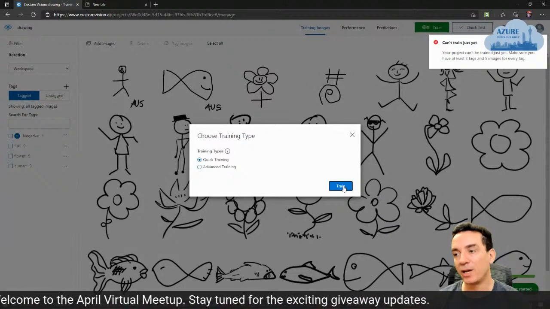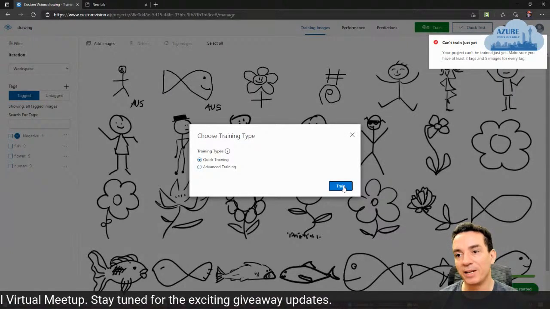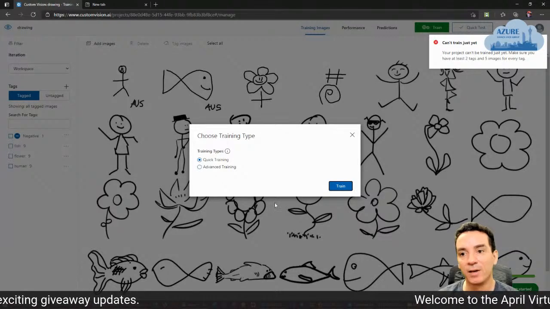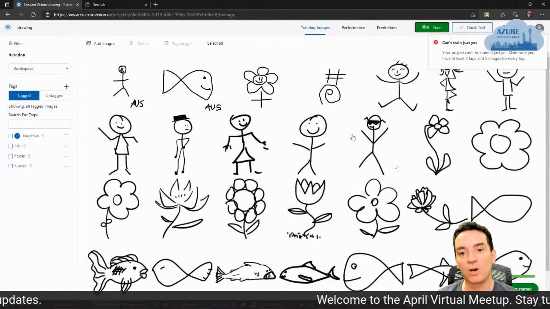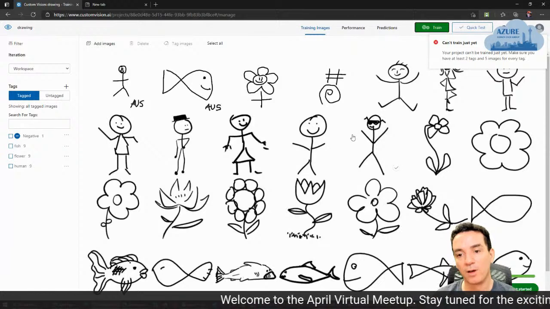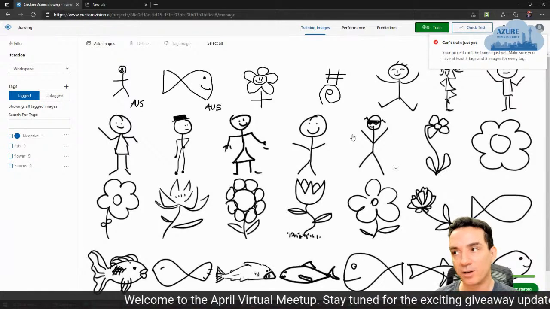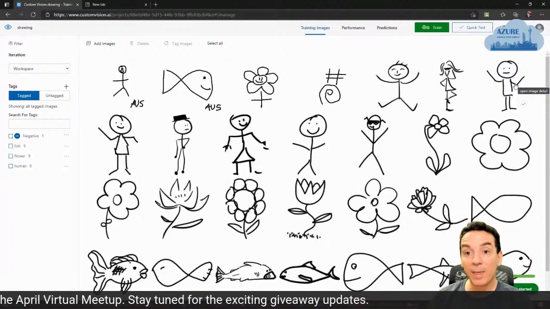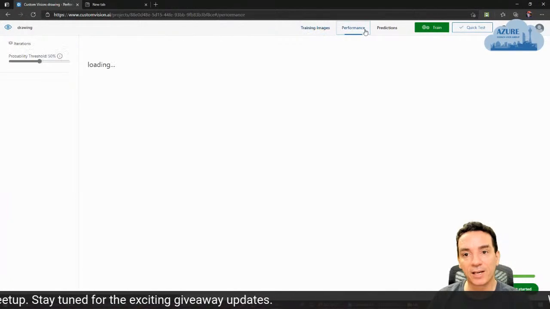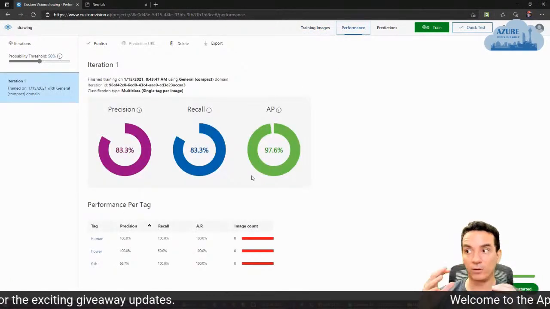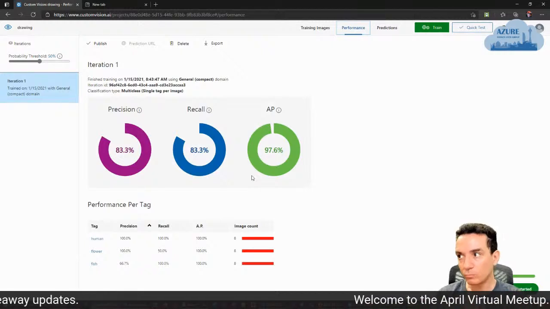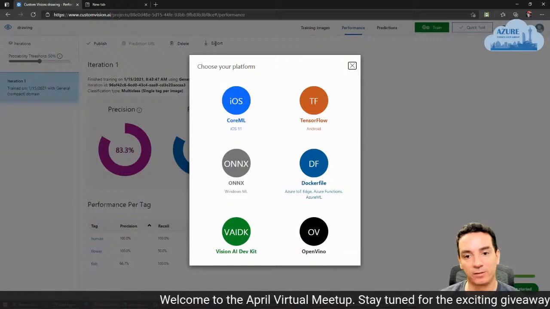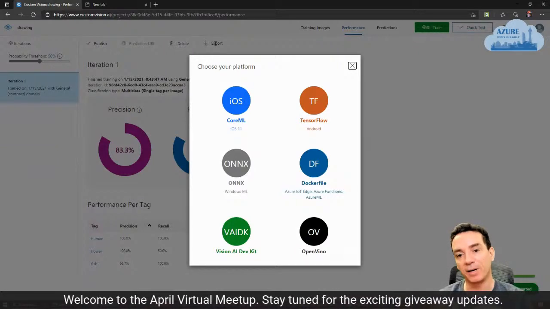It's going to say that I can train because I need at least 5 images for each tag, so I need to add a couple more in the negative value, but I can use my model and make my model smarter, and I can train with more images until I get a decent model. And the cool part here is that at any moment when I have one trained model, I can export these models. And I am going to show you later. This is the part that we are going to use.